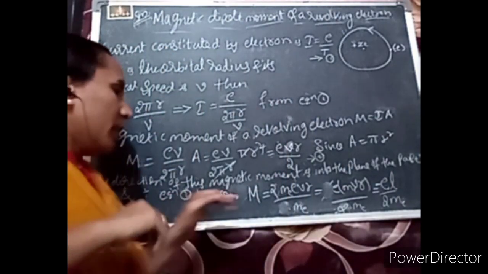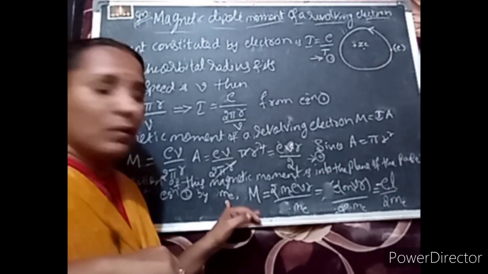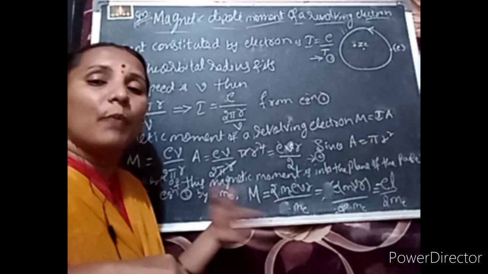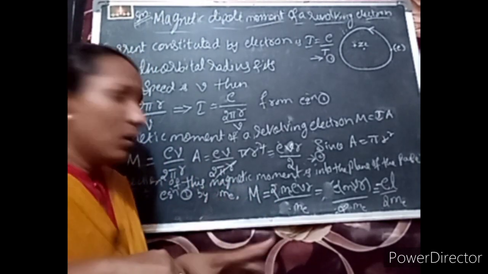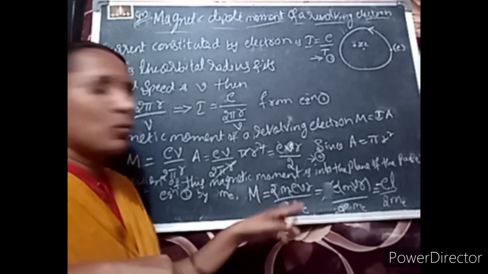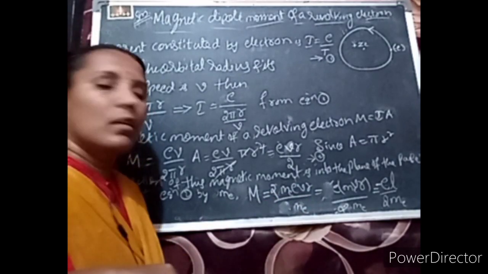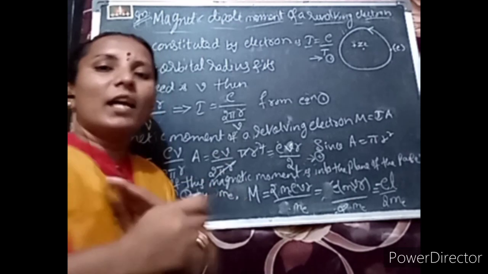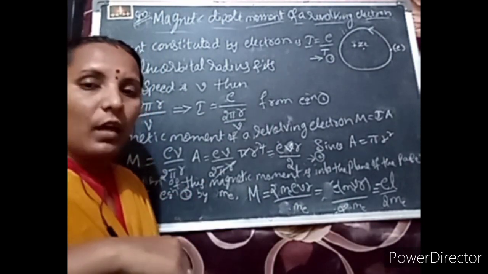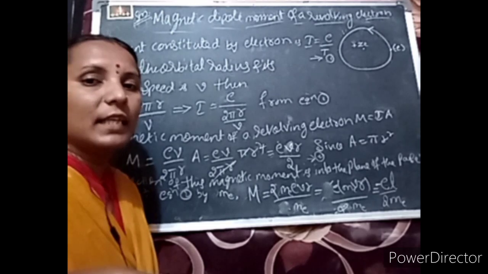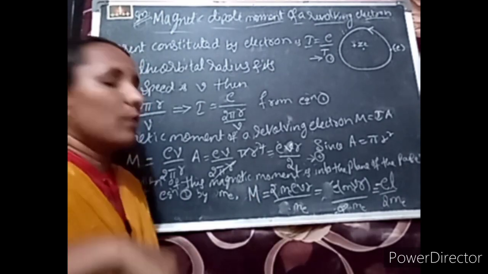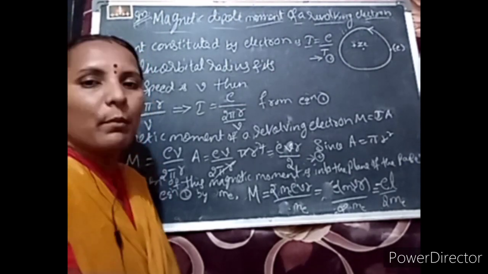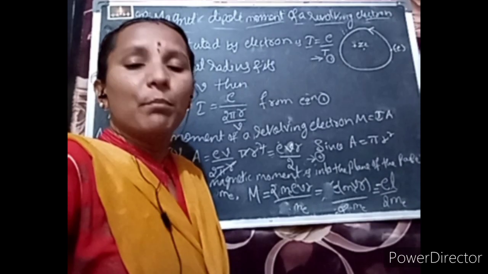Finally multiply with small m. Don't get confused: capital M is the magnetic moment, the magnetic dipole moment, and small m is the mass of the electron. So capital M after multiplying with small m comes to be 2m by m times eVr by 2. We divide and multiply so as not to disturb your equation. So mvr we want. mvr is taken to be the angular momentum. After separating that angular momentum, we write it as L. So we get the final expression: magnetic dipole moment M is equal to minus eL by 2m.